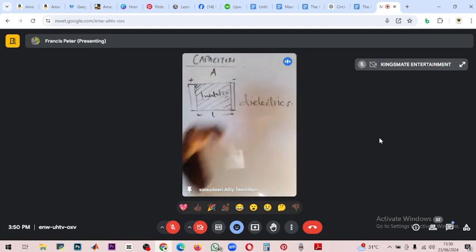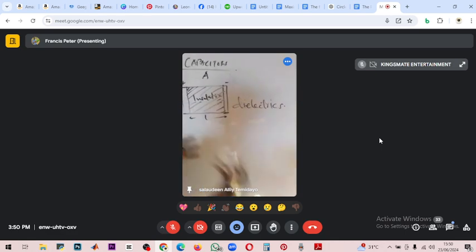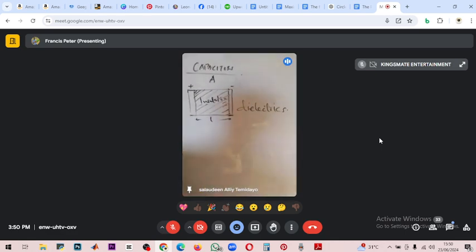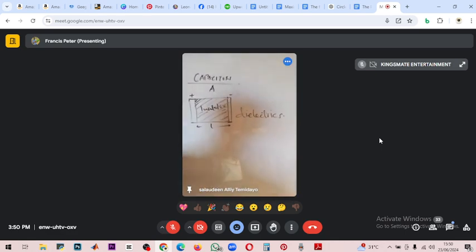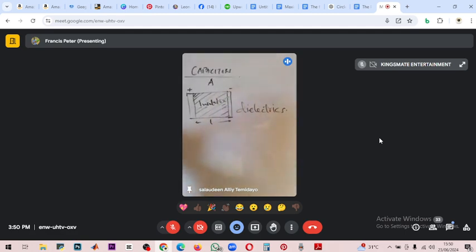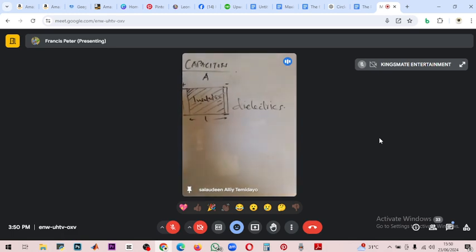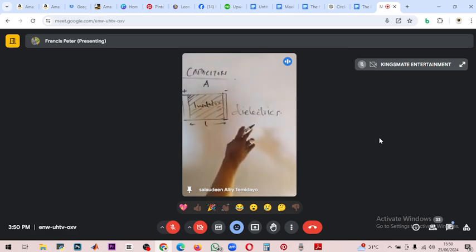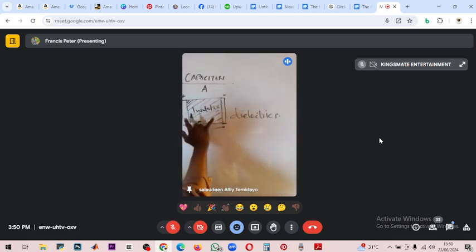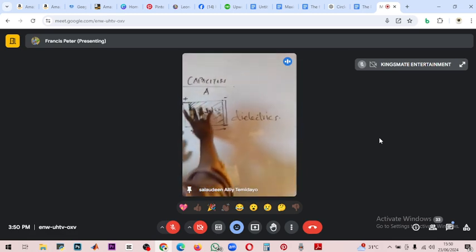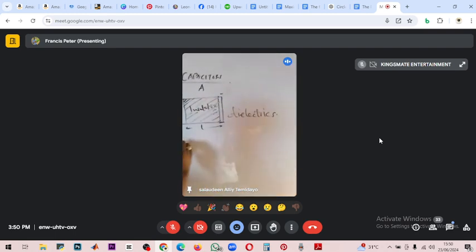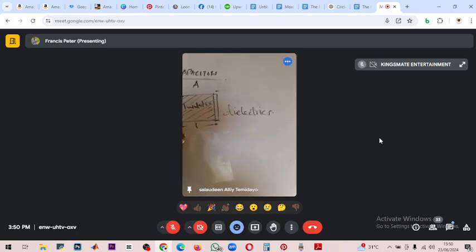Insulators are dielectrics. So we have different types, right? We have air, paper, mica, stuff like that as dielectrics. Any different things, glass, plastic, they can be the dielectrics in between the plates of the capacitor. So a capacitor is used to store electric charge, and the capacitance, which is known as capital letter C, is